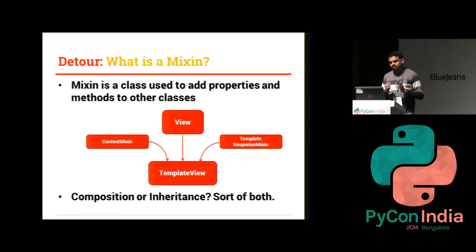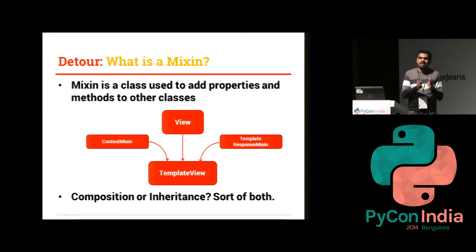Now, what is Mixin actually? Mixin is actually multiple inheritance, which is not found in many other languages, right? Python is unique in that sense that we have multiple inheritance. But many people ask this question: isn't there an adage or a saying that composition should be favored in terms of inheritance? I would say it is true, but actually you get the best of both worlds, because even though